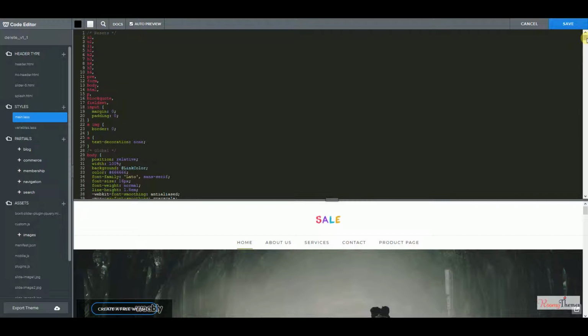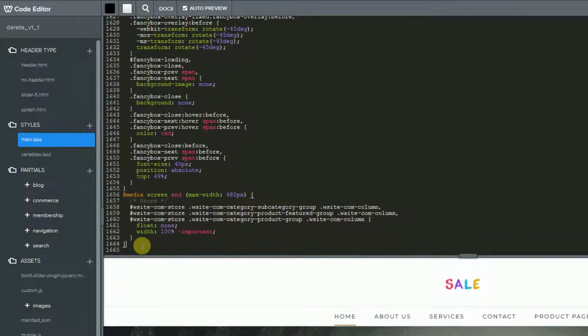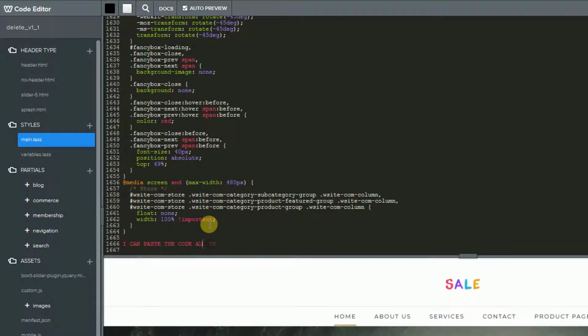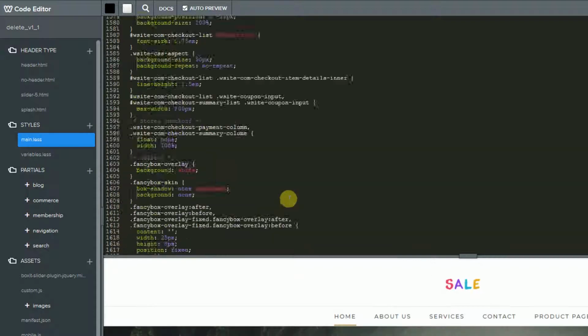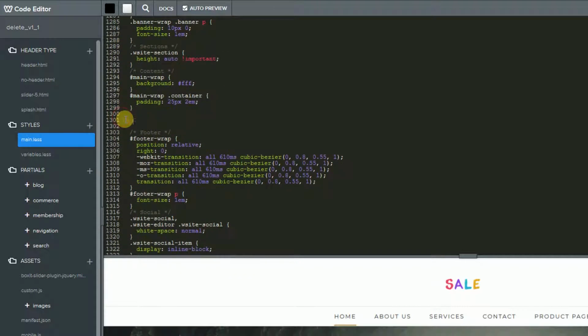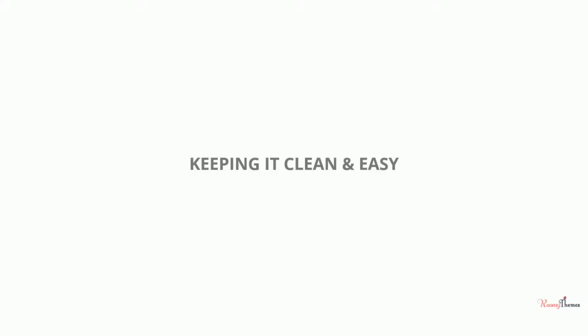In some Weebly themes, you'll see main_style.css instead. As shown, it would be much easier to simply copy and paste the CSS code on main.less. But because I want to keep the code clean and easy to access, I'm going to create a file specifically